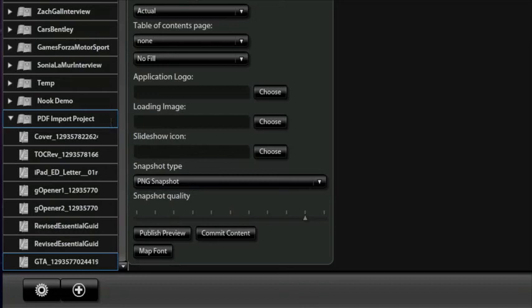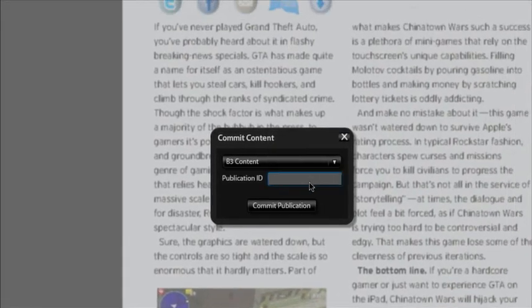So all we need to do now is actually commit it and build the iPad publication. So he's going to commit the content, and it's coming up here and it's asking him, you can select here if you want to create your content for iPad or